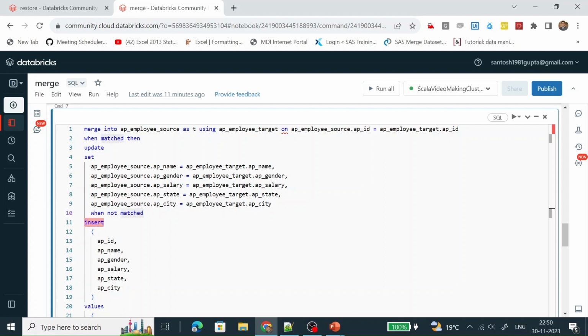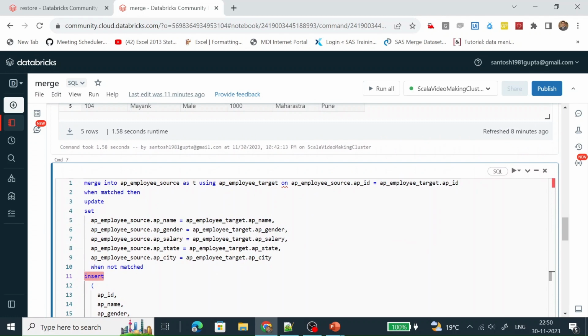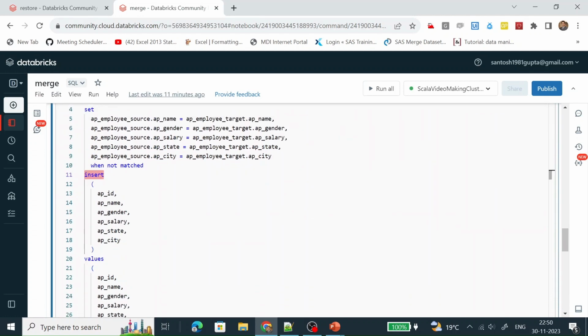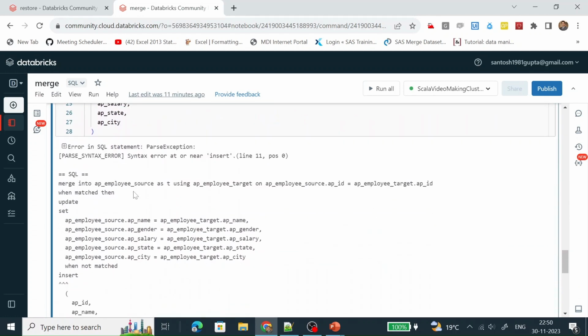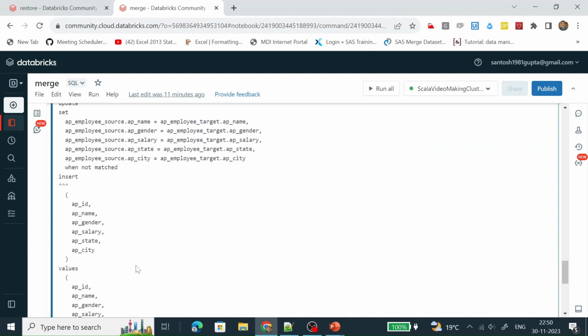What mistake have I made? What is it saying? Syntax error near insert. Line 11 position 0, merge into this one. It is not saying much.